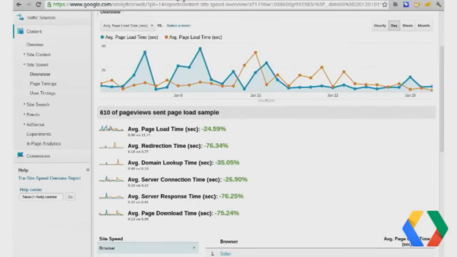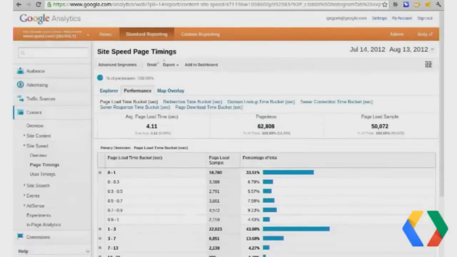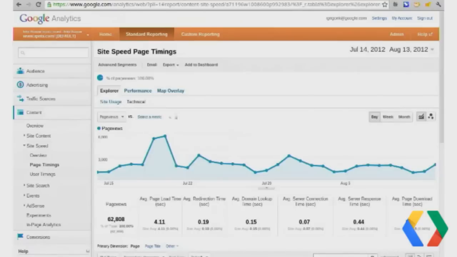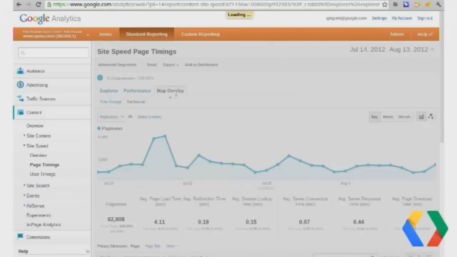So let me just go back here. As I was exploring these reports, frankly, I didn't even realize that Google Analytics was collecting this data at first, right? And then I found these things and wow, this is awesome. But the light bulb moment for me was not when I was just browsing through these reports, but when I realized that I have all of the power of Google Analytics. Yep, absolutely. So as an example, we can look at the map overlay here.